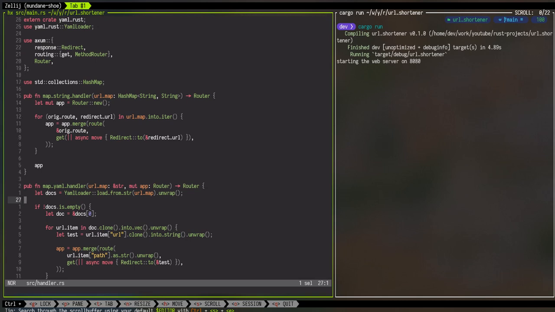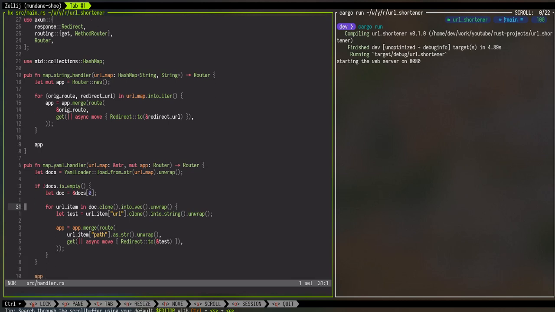We load that through the YAML loader, and then we check first if it is empty or not, and then we try to get the internal YAML representation from the string, so whatever object was built. Because it will return an array or collection, we just get the first attribute from that, and then